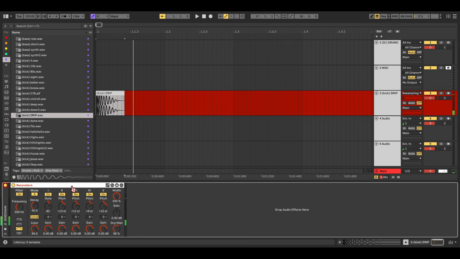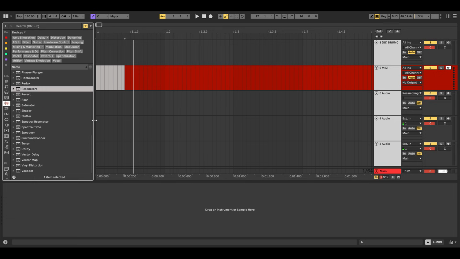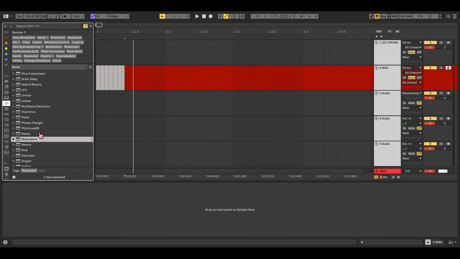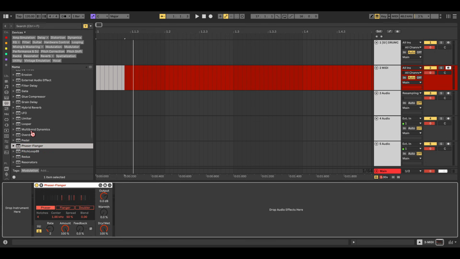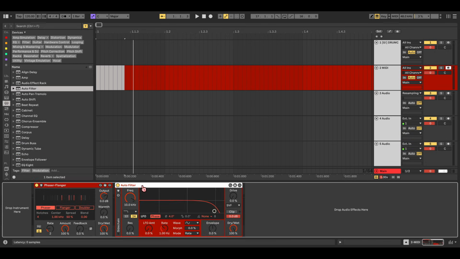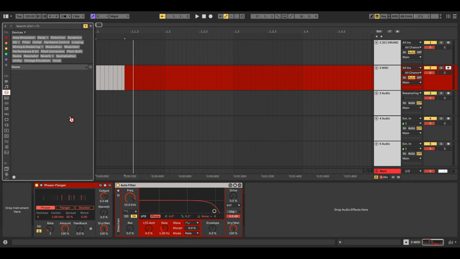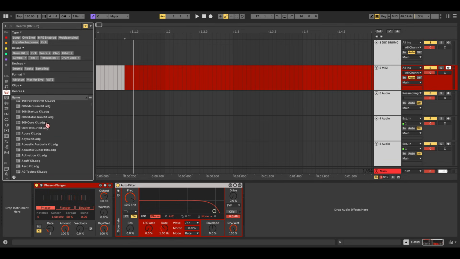It still can be cool, but the resonator that I'm talking about are the other effects that can resonate, such as phasers, flangers, and filters. They can all resonate if you put the resonance or feedback quite high and give it an exciting impulse. So I'll show you that right now. Again, going back to Operator,